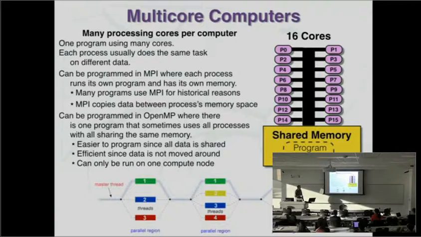OpenMP is the main way that you program multi-core systems if you're not going to use MPI. This is a lot easier to program since, again, you're not manually passing around messages. It's fairly efficient since, again, all the data is not being moved around. But the limitation is you can only do this within one compute node. With OpenMP,